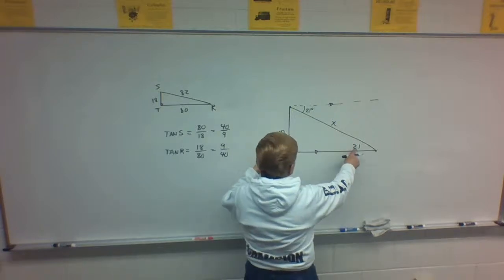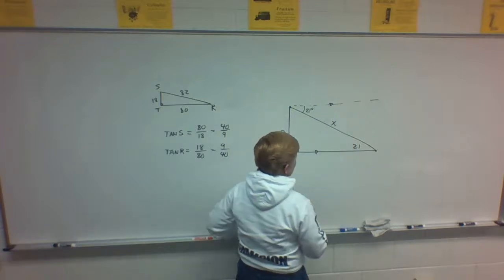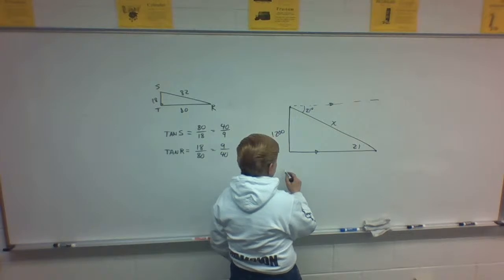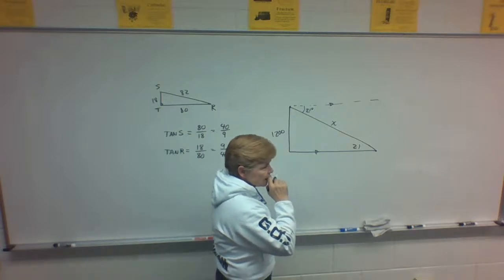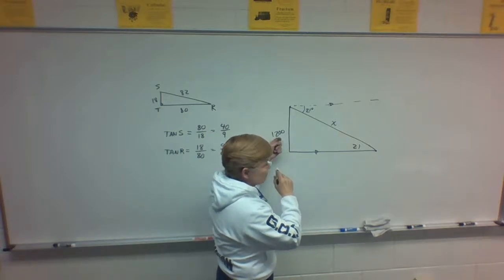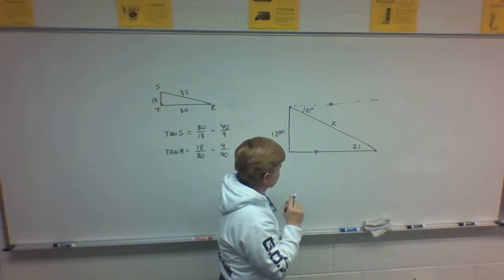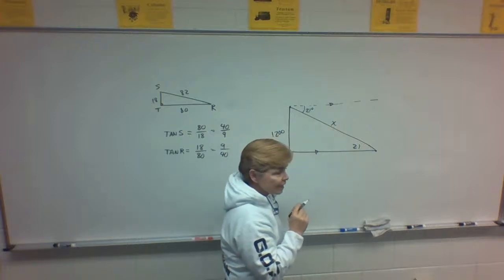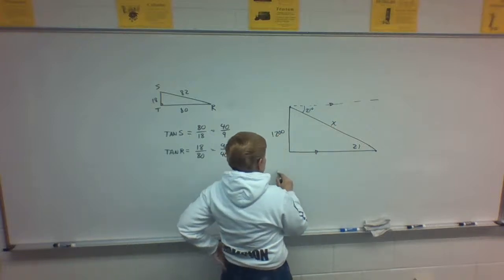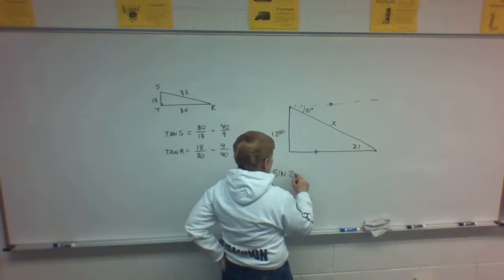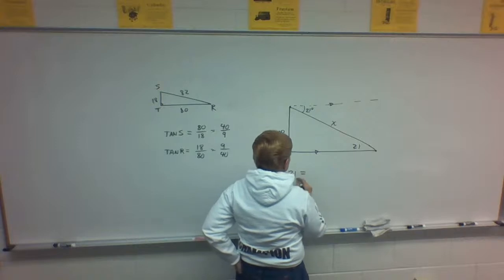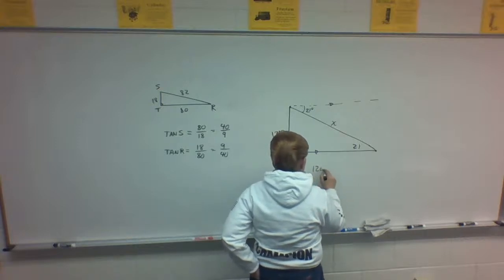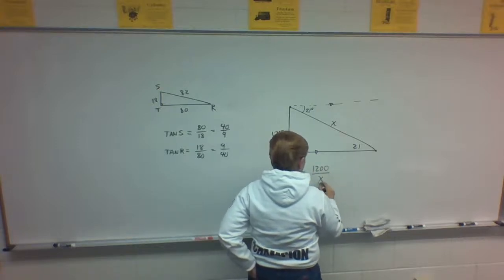Okay, so if we know this is 21, this is 1200, I want to find x, what function shall I use? Sine. Why sine? What's opposite? The 1200. What's the hypotenuse? The thing I want to know, x. So the sine of the angle, which we know is 21 when we put it in the right place,